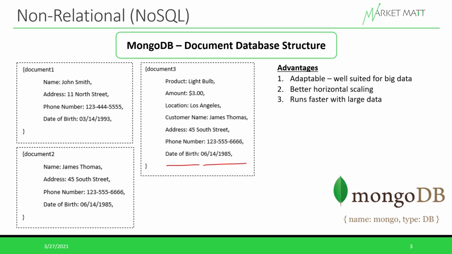And the third advantage is that this is going to run much faster with large data. This is because for any request from the application, I can store all the information in a single document. This type of database is really just going to be looking for one document with any request from the application, rather than having to go through 10 different tables that have maybe 10 million rows in each of them. It's going to be a lot faster with providing data or whatever request the application is making to the